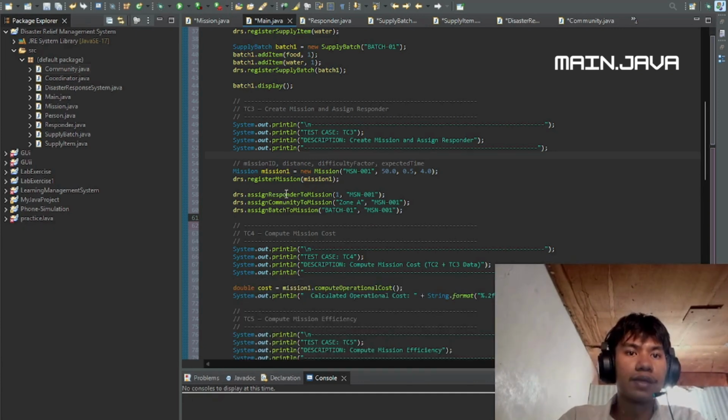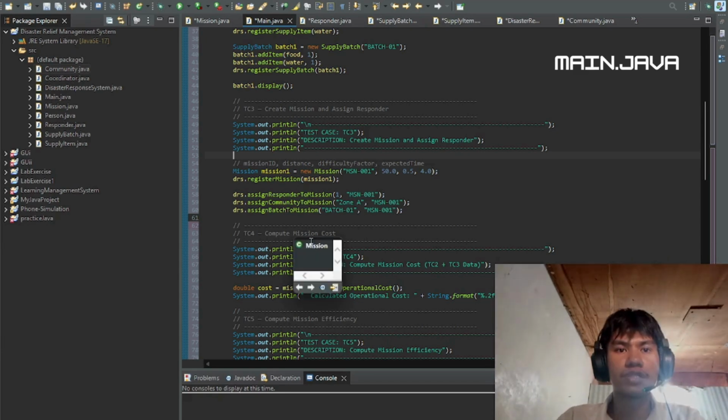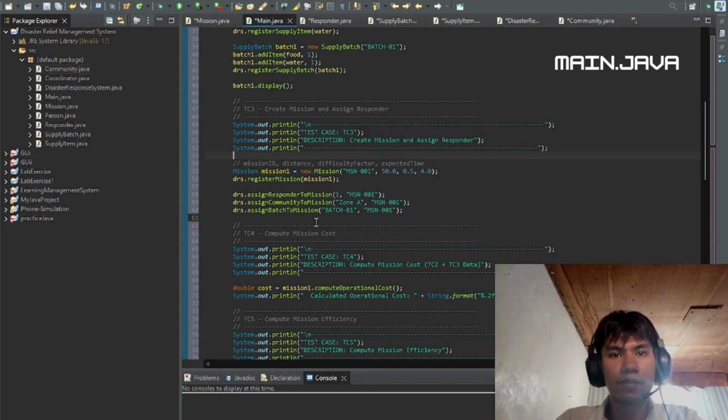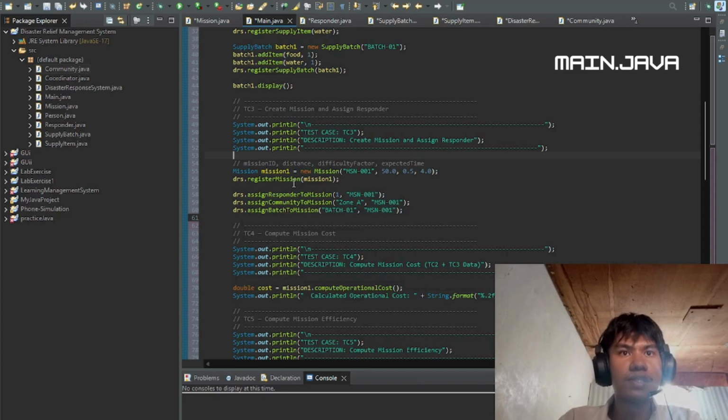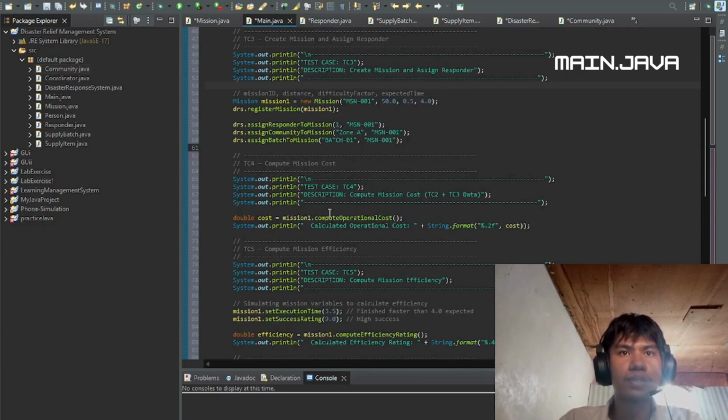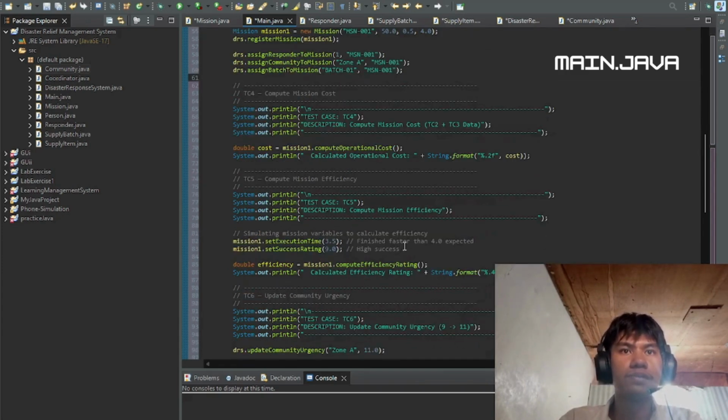With the team and the supply ready, test case 3 is where the action starts. We initialize a mission object. At this stage, the mission is just a shell, so we use assignment methods to link the responders from test case 1 and the supply batch from test case 2 to this specific mission ID. This leads to test case 4,